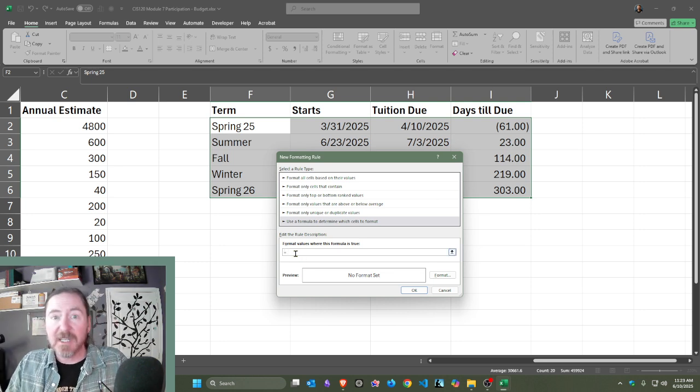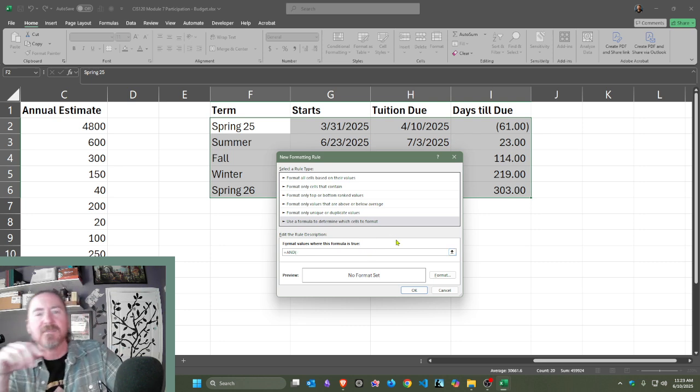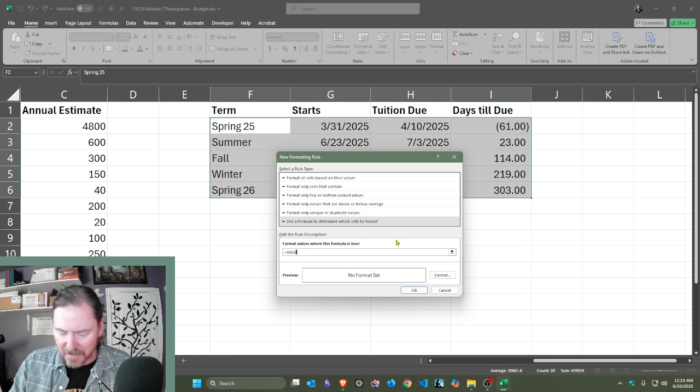So in my formula here, I'm going to write AND. The AND function, of course, like all functions, has a set of parentheses. Now in between these parentheses, you know what, I'm going to get rid of the second one just because it's so tiny. Okay, let me do an opening parenthesis. So there's my AND opening parenthesis. So the IF function looks for one thing to be true. The AND function can look for multiple things to be true. So AND